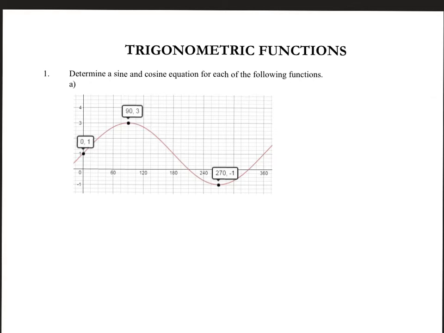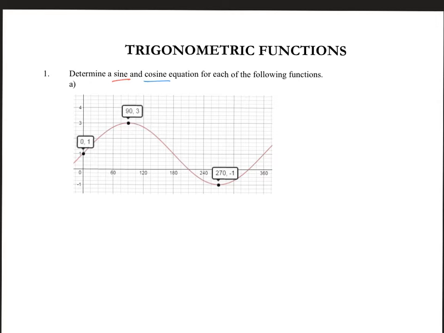So what you see on the screen right now is a graph of a trig function. And you notice the instruction would like you to go through and create both a sine and a cosine equation for each function. You'll also notice on the graph we have some key values that are labeled. We have the y-intercept labeled, as well as the coordinates of a maximum and a minimum. So all I'm going to do at the very beginning is just list out some key properties of